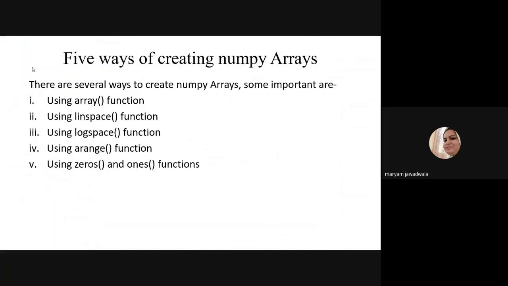So we are having 5 ways for creating numpy arrays. Here we discuss 5 ways for creating numpy arrays. There are several ways to create numpy arrays. Some important